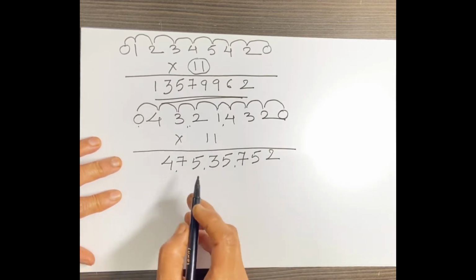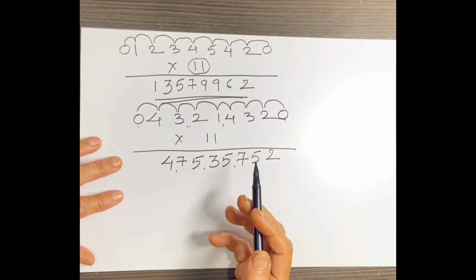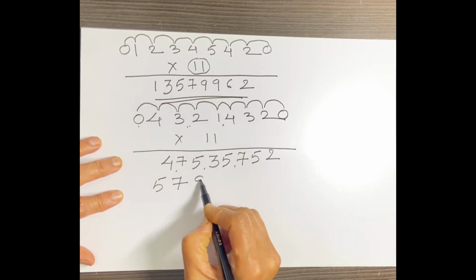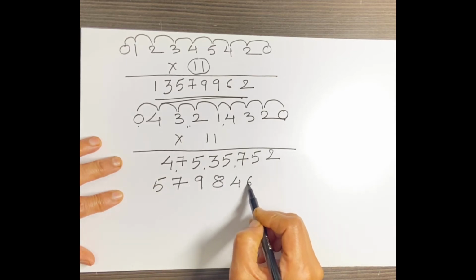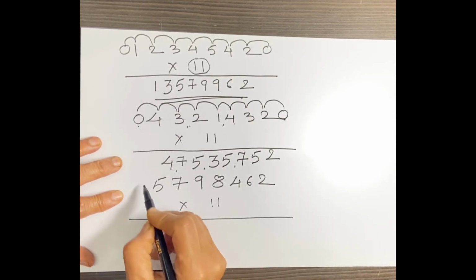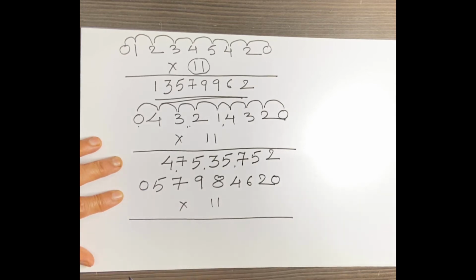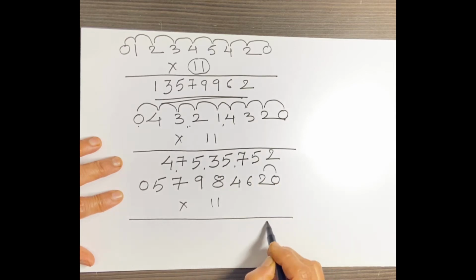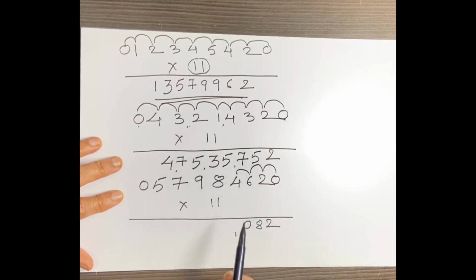Now one more example. Now I am going to take greater than 5 digits because there will be carryovers here, into 11. First step again, prefix and suffix the number by 0 and go on adding the numbers in pairs. 0 plus 2 is 2, 2 plus 6 is 8, 6 plus 4 is 10. As it is a 2-digit number, we will follow only the units place and the tens place will be carryover. So 1 will be carryover.